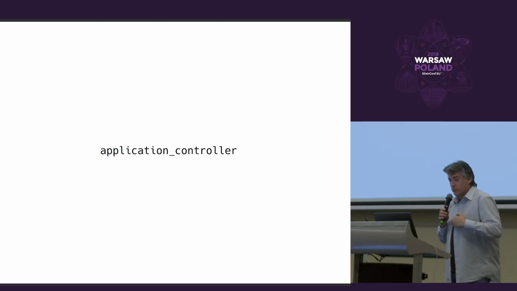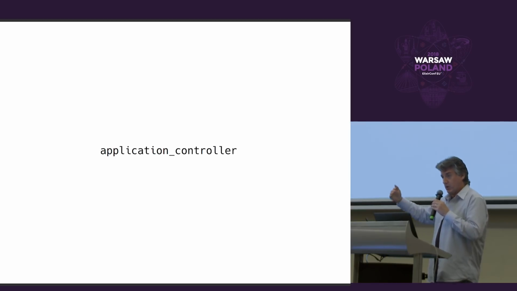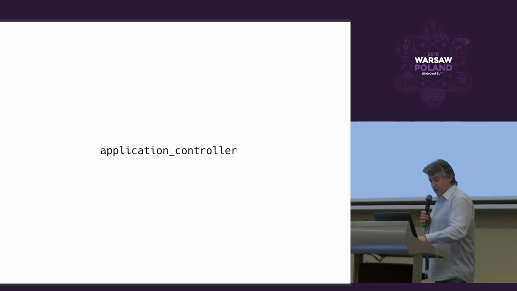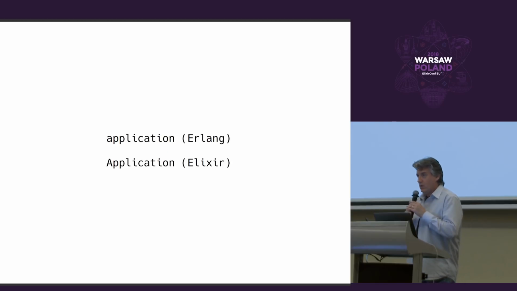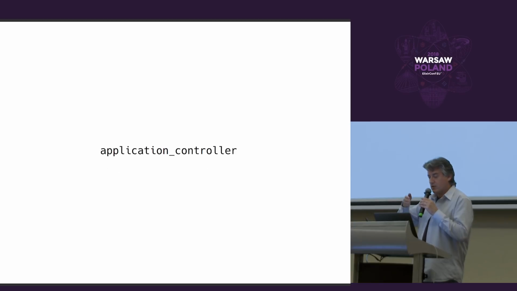When Erlang boots, it creates a process, call it the application controller. It's named that way, and there's a module, call it application controller, that has the implementation of the application controller. So the application module: most of the API of this module is just a wrapper to the application controller. This is like the public API, but the actual work is implemented in application controller, which is